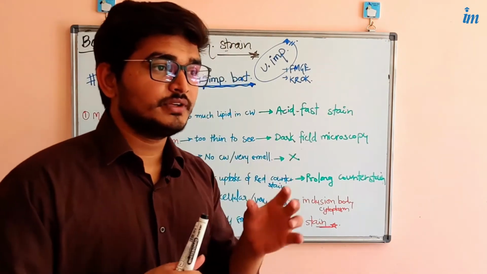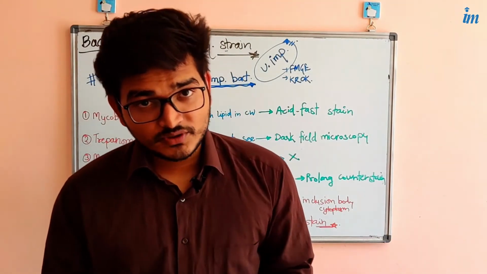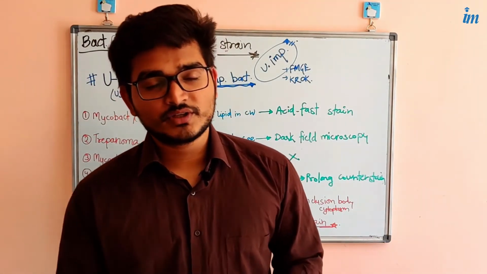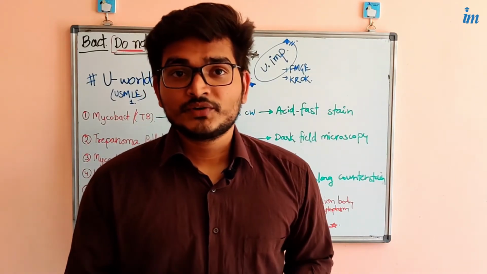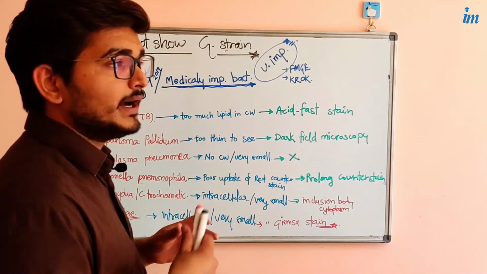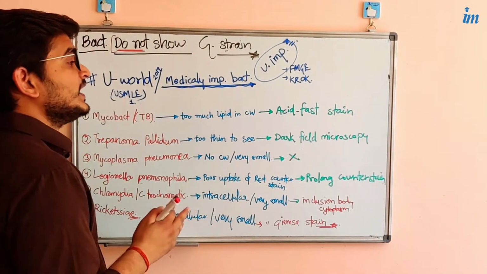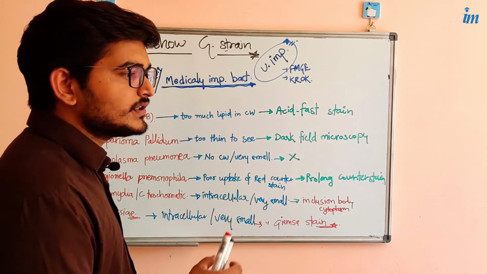If you know those 6 bacteria which are unable to take the Gram stain, and which show a positive result in further staining processes, you will be confident with your questions. So the very famous one worldwide is Mycobacterium. Mycobacterium is a family of bacteria, and the very famous one is Mycobacterium tuberculosis, because it causes TB.